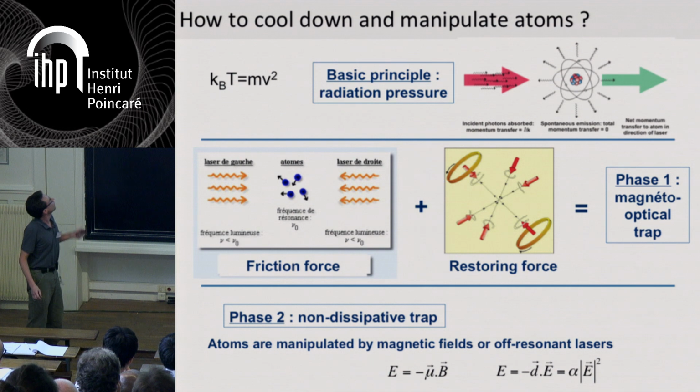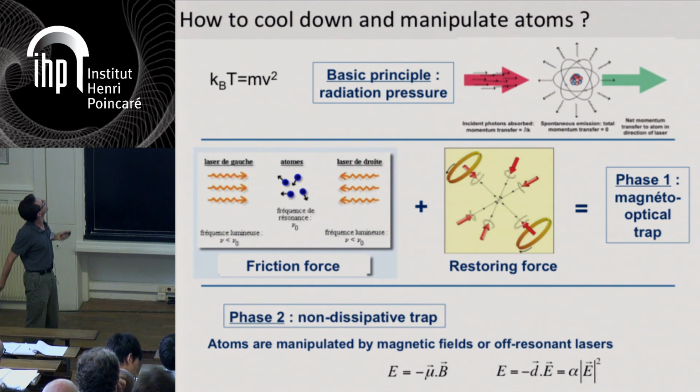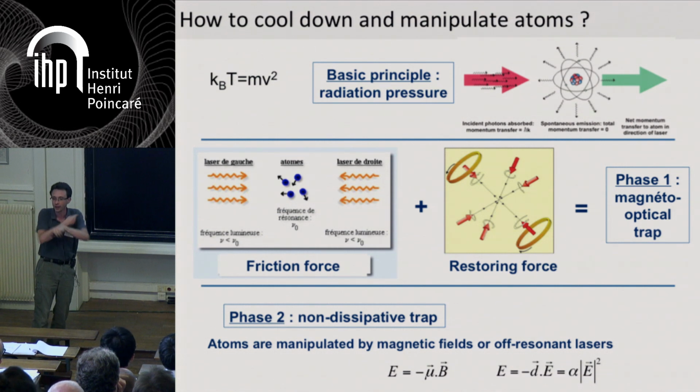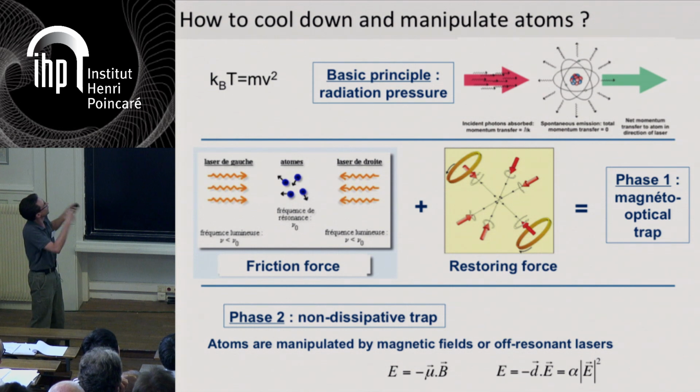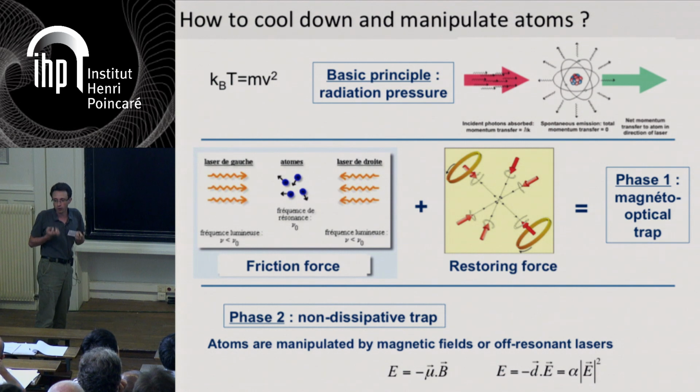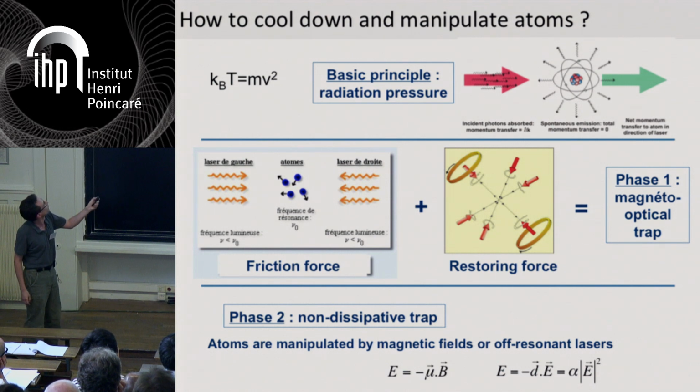atoms with lasers? Well, first assume a 1D problem along one axis. So obviously you need two lasers counter-propagating on the atoms, but if you do this on resonance, nothing happens because the force induced by the two laser beams will cancel out. The net force will be 0. So the extra trick is to tune these lasers out of resonance with the atoms at rest, such that when an atom has a velocity, is moving in one direction, because of Doppler effect, it will be more resonant with the laser beam pushing it to the opposite direction and vice versa.